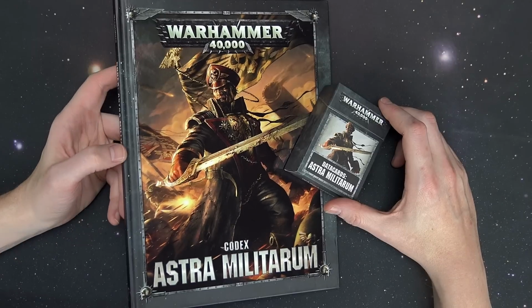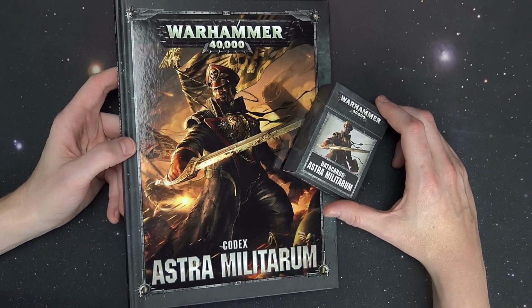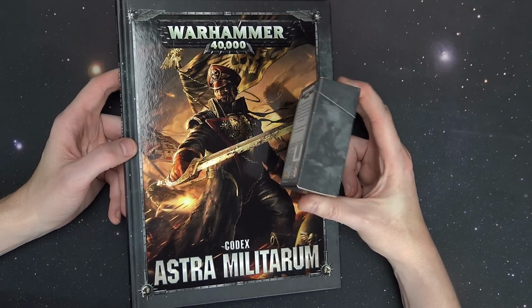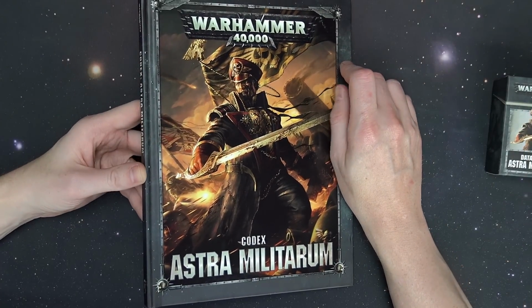Crazy release weekend. We're taking a look at the new Imperial Guard, or Astra Militarum Codex, and of course, the fatty pack of data cards right here. Look at all that goodness inside of that. We'll talk about that in a minute. Woo! Astra Militarum, fat